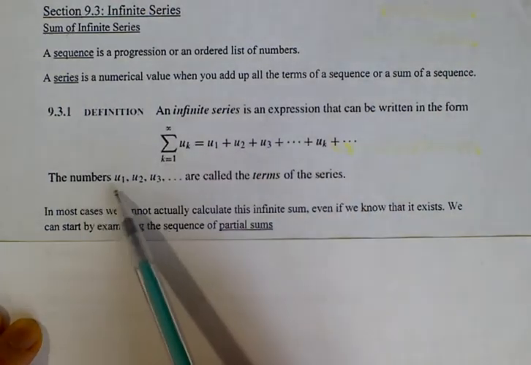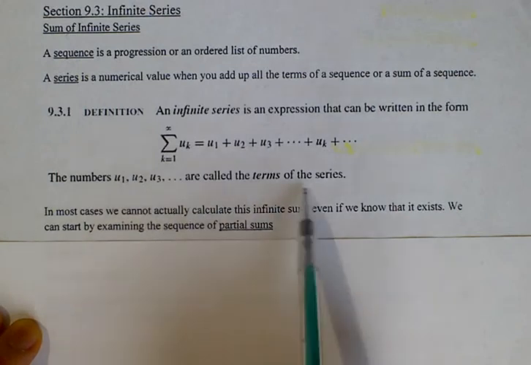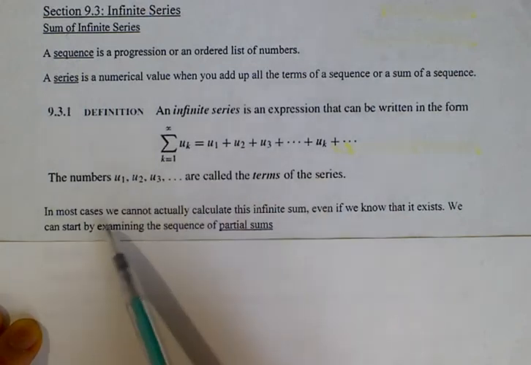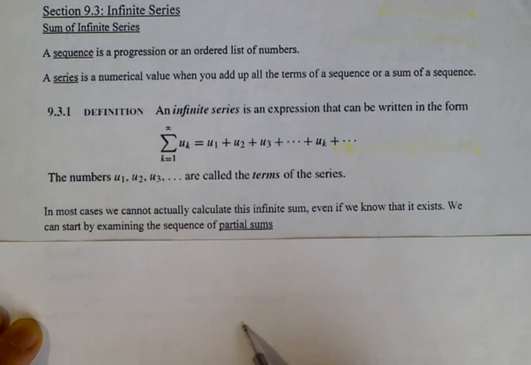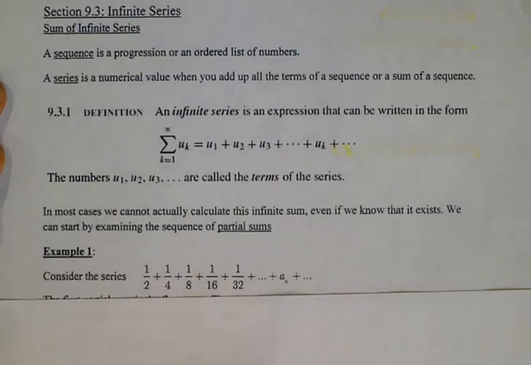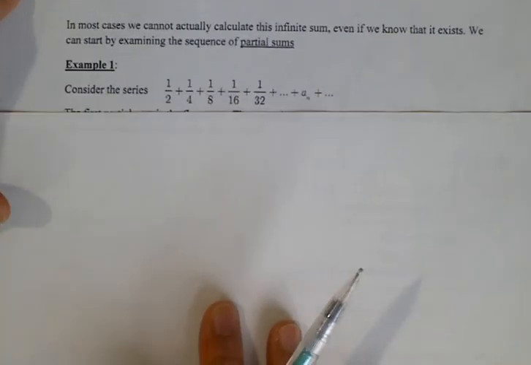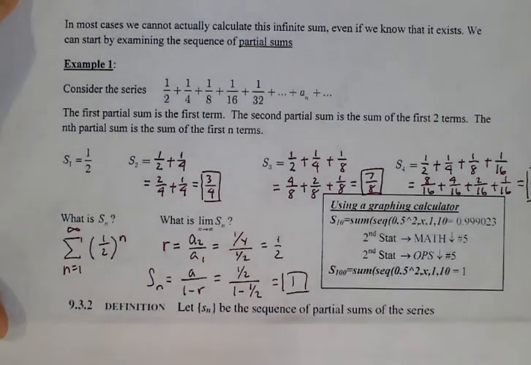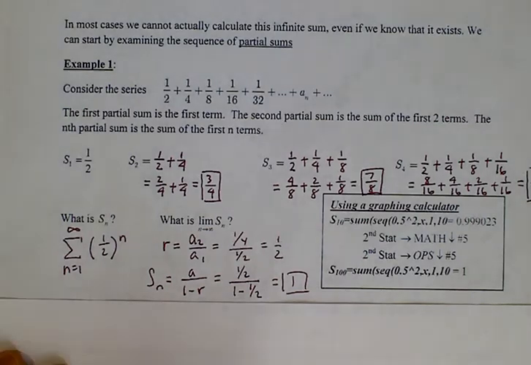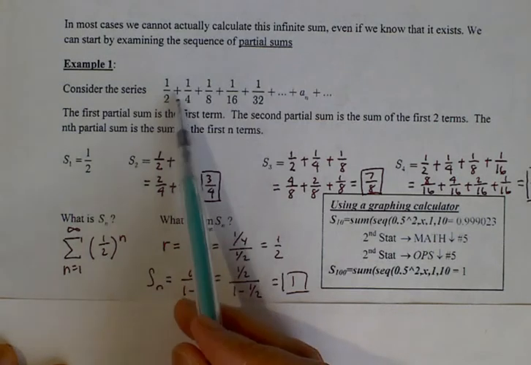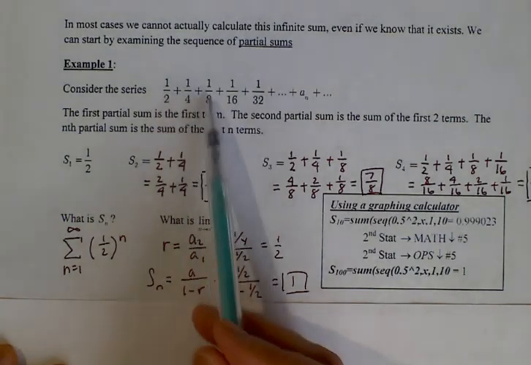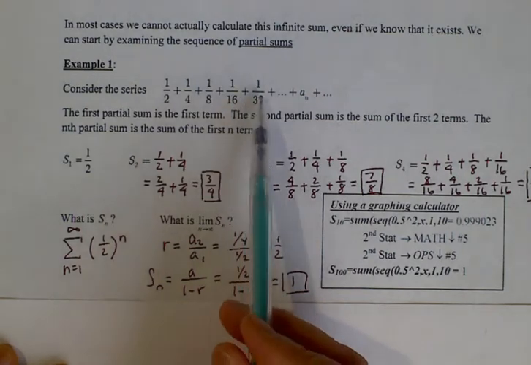So the numbers u1, u2, u3 are called the terms of the series. In most cases, we cannot actually calculate this infinite sum, even if we know that it exists. So we need to start by examining the sequence of partial sums. So let's consider this first example, where your first term is 1/2 plus 1/4 plus 1/8 plus 1/16 plus 1/32,